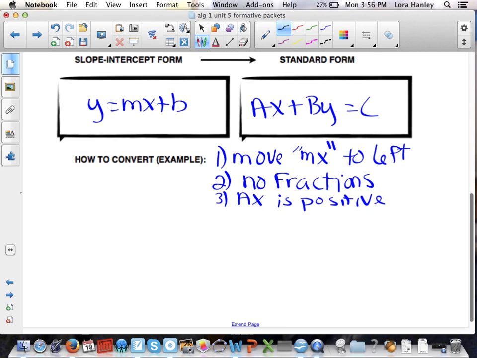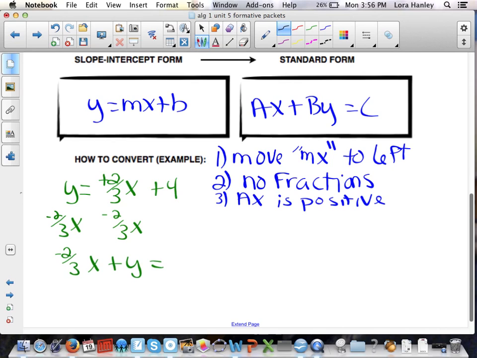So let's start out here with a slope-intercept equation. y is equal to negative 2/3, actually we'll make it positive 2/3 x plus 4. So our first step is to move the mx portion to the left. So mx here is 2/3 x. If it's positive, we subtract. And we want our equation to be ax first, so we have negative 2 over 3x plus y is equal to